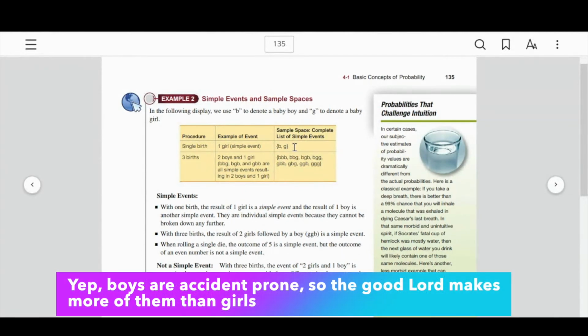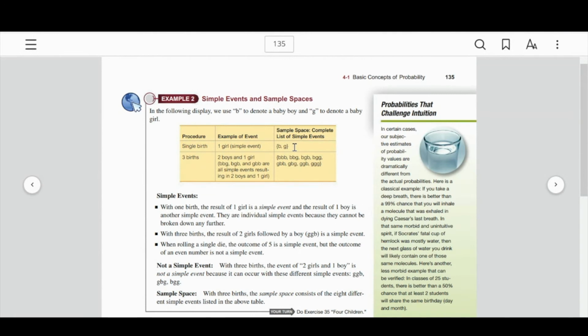And the reason is boys are very clumsy. And if you had a 50-50 rate, then evolution wouldn't work very well. Why is that? Because you wouldn't have as many boys as girls when they got older, because boys are clumsy. Boys kill themselves off when they're young. Boys kill themselves off when they're middle age, right? We smoke a lot more. Boys kill themselves off when we're older.